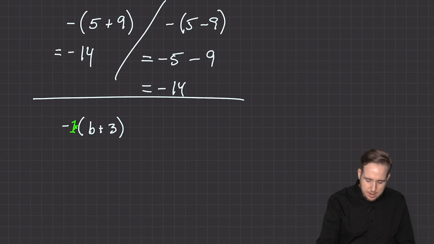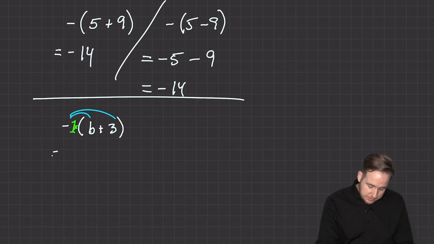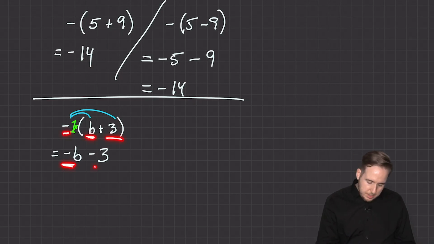That's just sort of how numbers work. So when I distribute, it's just everything inside times negative 1. So how about negative 1 times b? That's negative b, and negative 1 times 3 is minus 3. So you'll see this happen in questions a lot. Really easy to do. You have a negative in front of two things in a bracket. Both of them become negative. Easy. Okay, what about